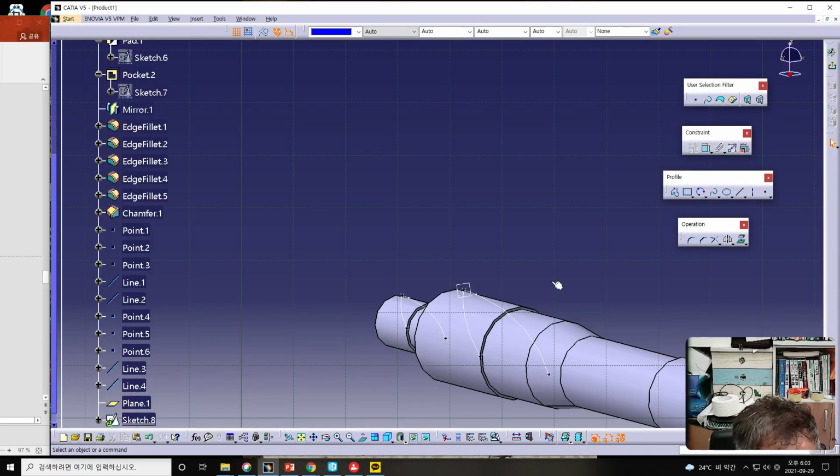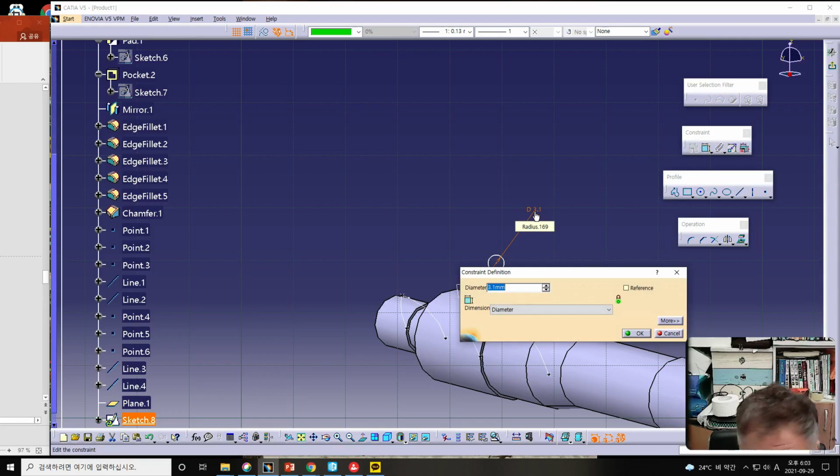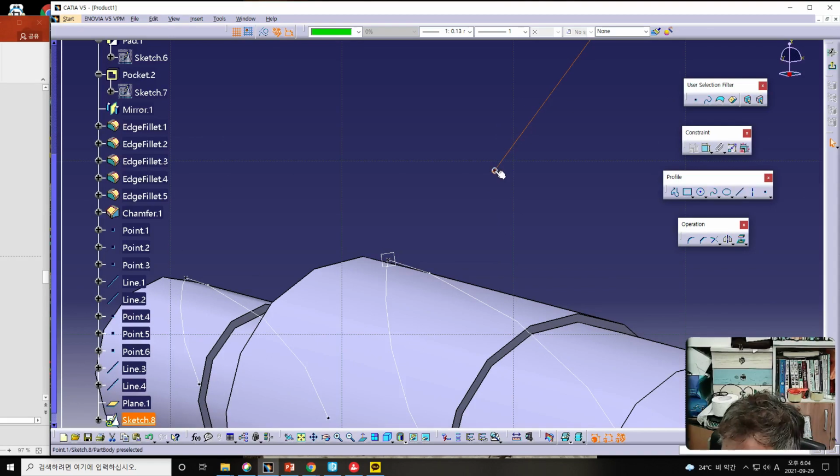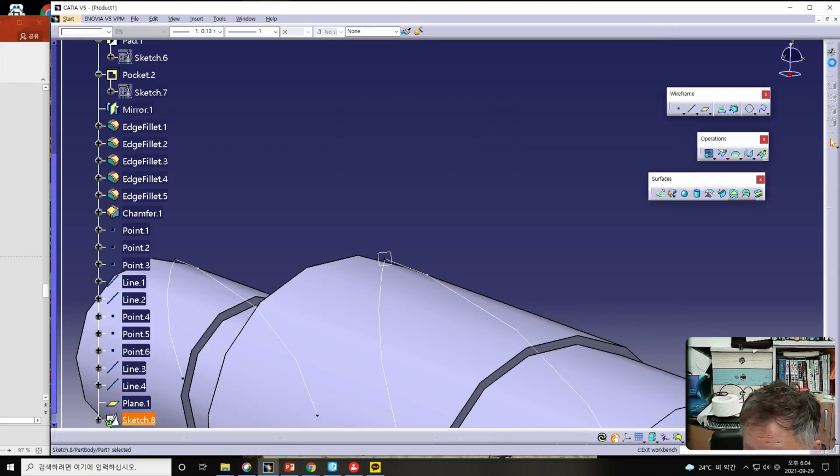And in this case we should draw a circle from circle menu like this, and of course draw a circle, and the circle diameter should be 0.3 millimeter, and please magnify it, and the center point should be selected coincidentally like this one, and in this case please exit to the sketch workbench and